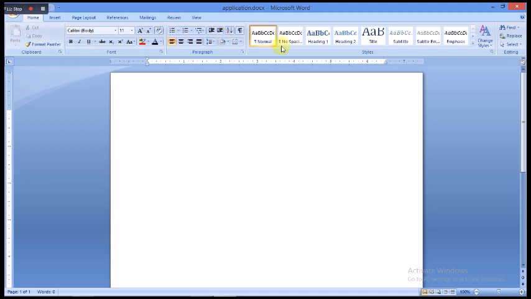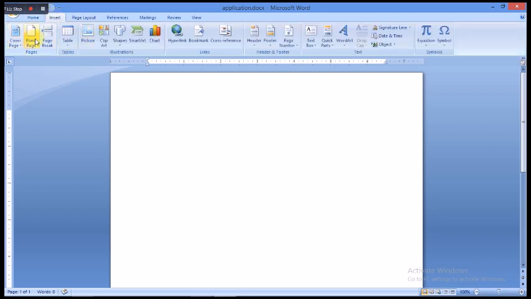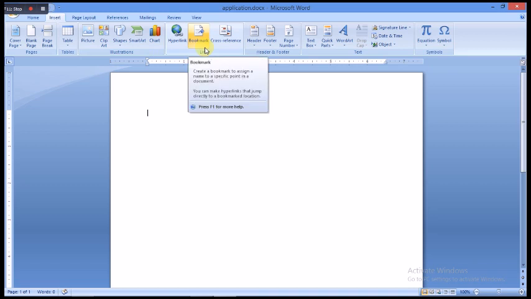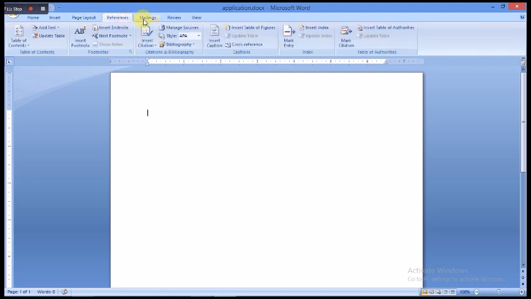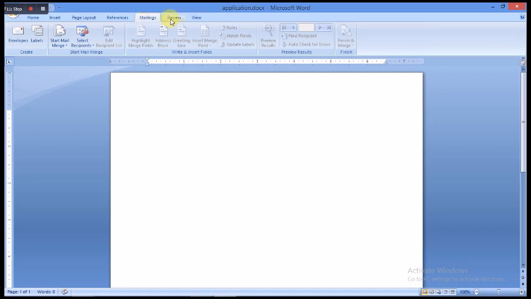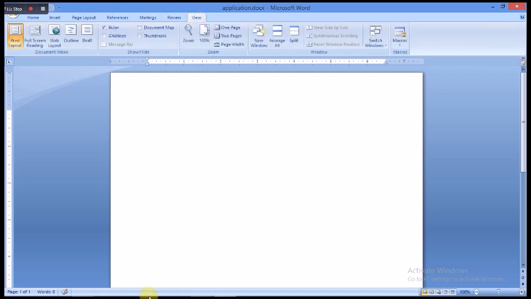You can see there are different groups in the ribbon: clipboard, font, paragraph, styles, editing. Whenever we click another tab, the ribbon changes as per the things in that particular tab. Page layout has a different ribbon, references also, mailing also, review and view. So the ribbon container we can say is a shortcut button, or an option for editing or creating our document.